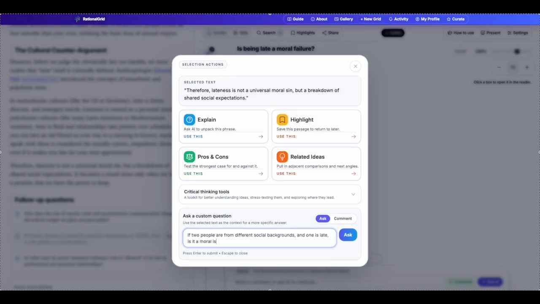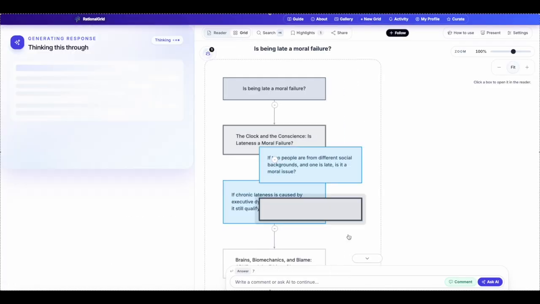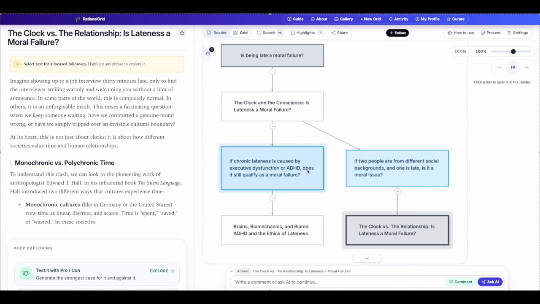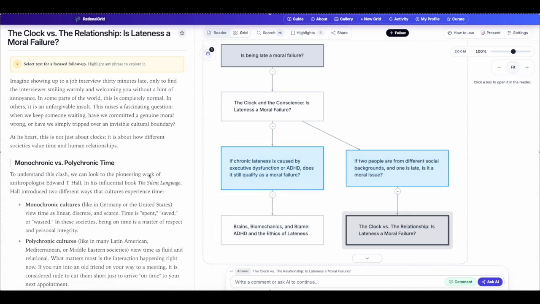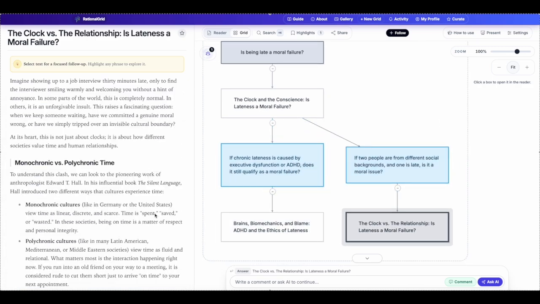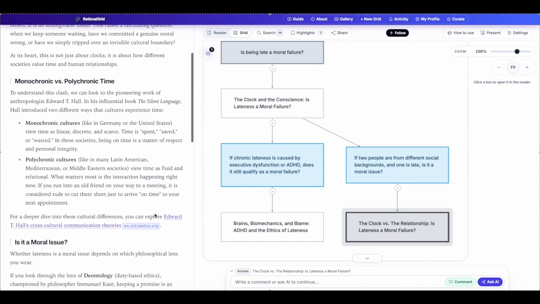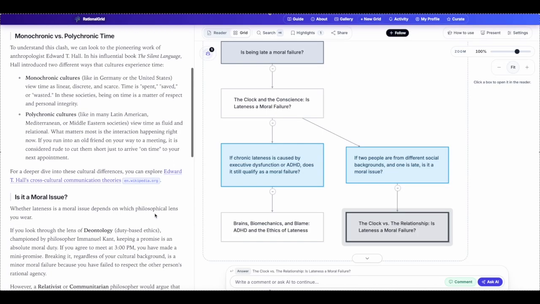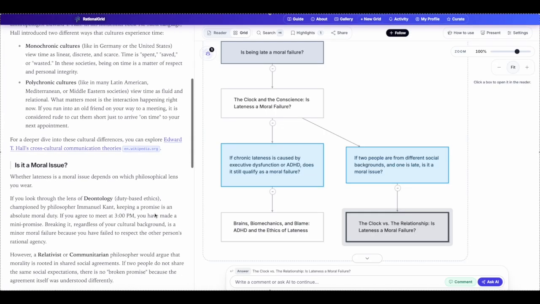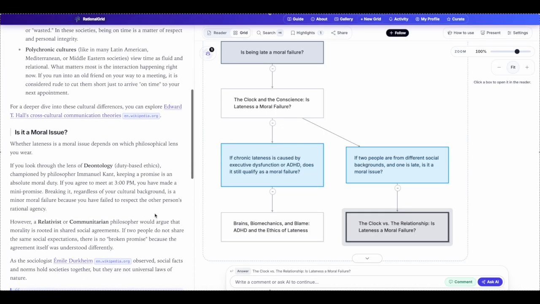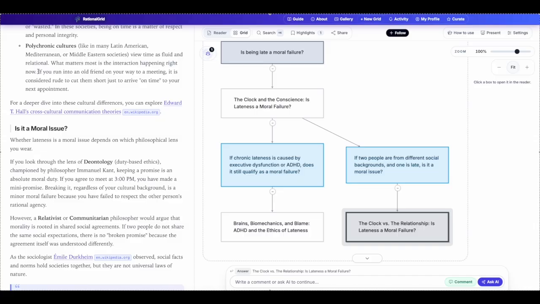as well as the other tools, so they can be highlighted, pros and cons created. And so you see we ask a very specific question and we get the challenges going in a different direction. So these paths can be returned to, they can be swapped between whenever we like, and as you can see we get some of the context, we get some of the definitions, and we look at some of the writers who have actually gone into that.